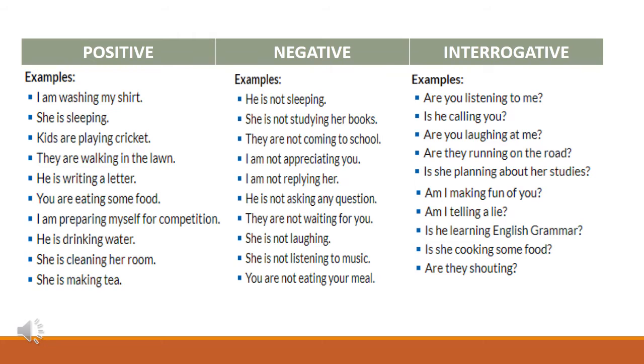Now students, if you learn all of the structures, then it will be easy for you to recognize the sentences and to make them and also to use them. And here you can see all the sentences, positive, negative and interrogatives are different. Positive statements are the yes statements, and negative statements always have not in them, and interrogatives will always have question marks at the end of them.